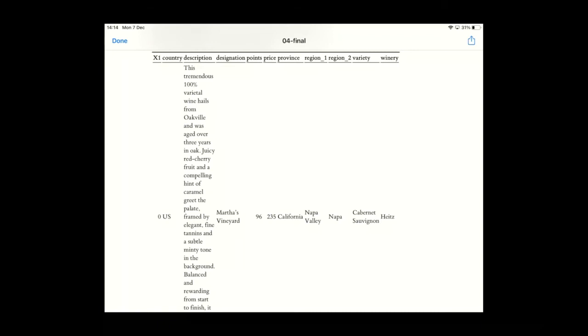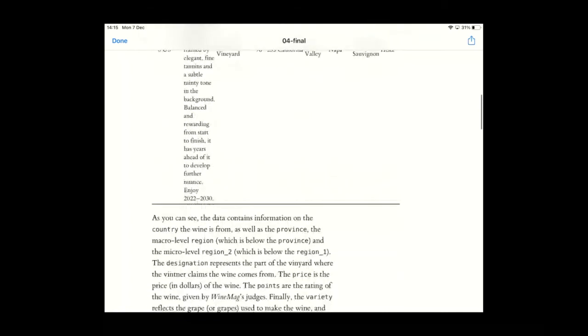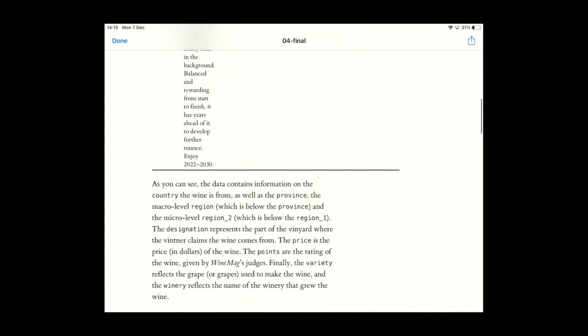It's going to have the province, which in the US is like a state, but in France it might be like Bordeaux. And then two smaller regions, which go province, then region 2. And then the variety is the kind of wine or grapes. And then the winery is who grew it.